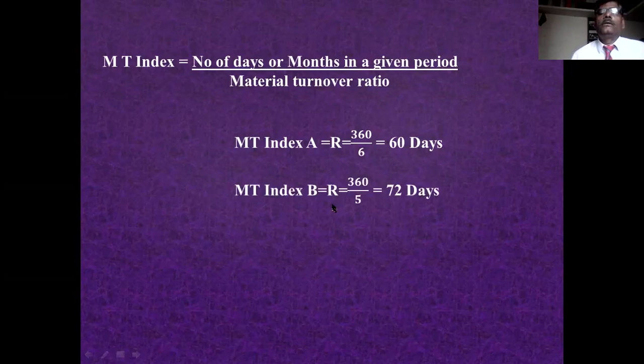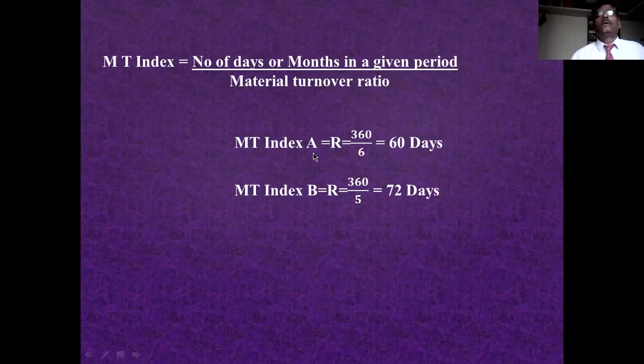And material B is 360 divided by 6 is equal to 72 days. 72 days is the time to refill material B, and for material A, 60 days. This R is wrongly recorded here. I typed this R, so you don't write this R. Only material